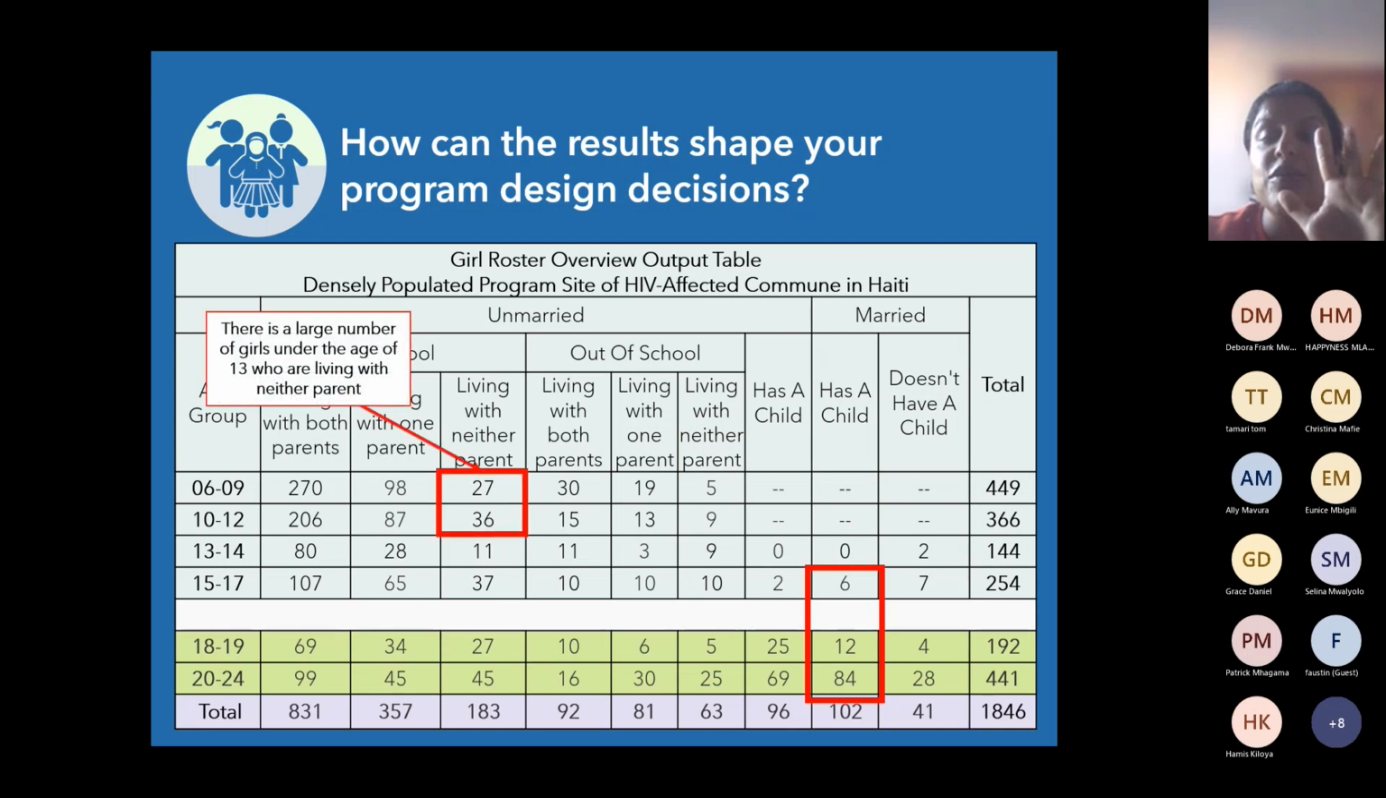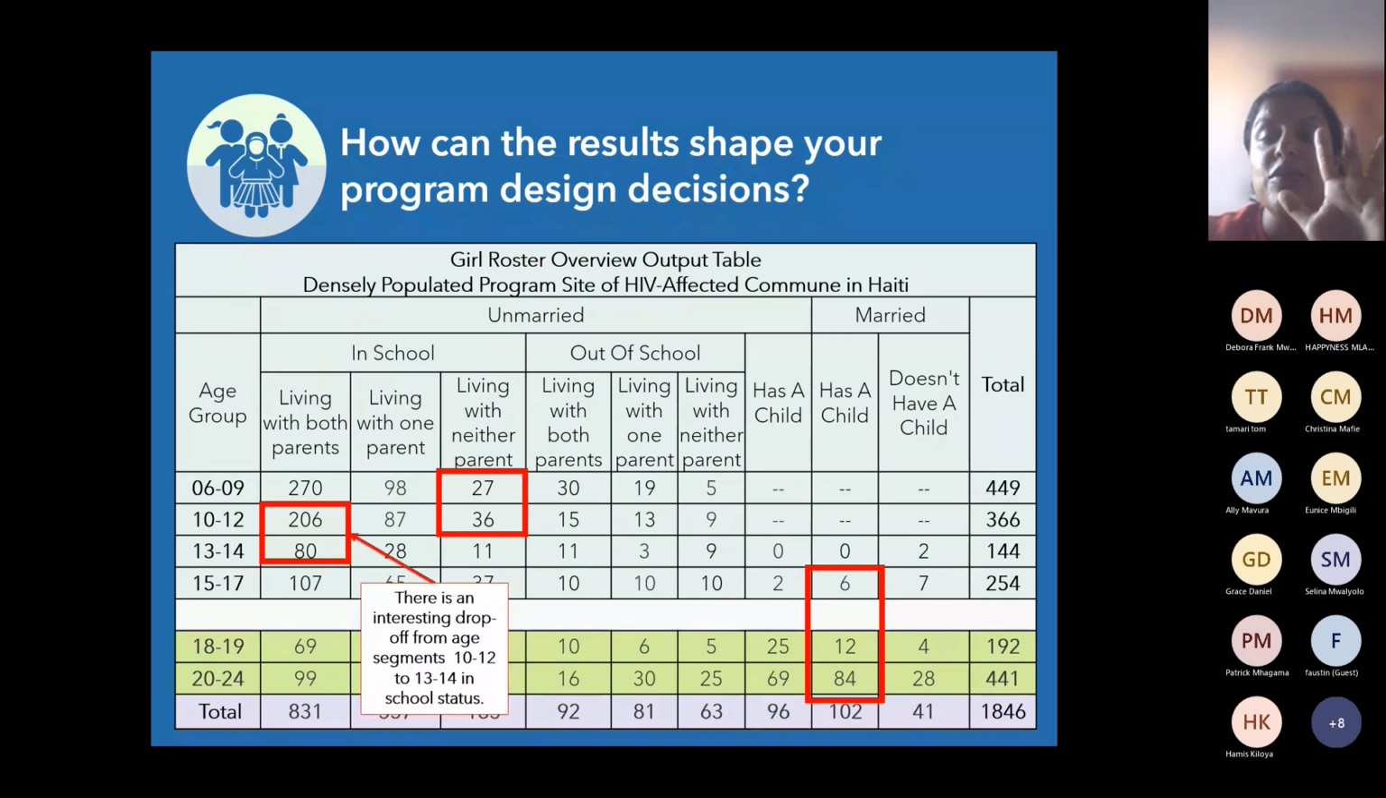We also noticed that there was a large number of girls under the age of 13 who were living with neither parent. So we were interested in why and how to reach them, because if they're living with neither parent, then they're probably not being well looked after. We also noticed that there was an interesting drop off from ages 10 to 12 to 13 to 14 in schools in living with both parents, 206 to 80, and being in school. So where did